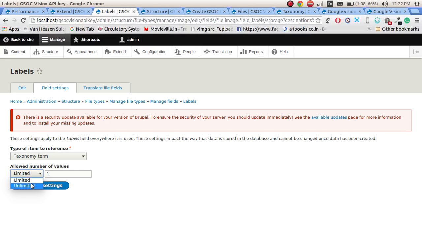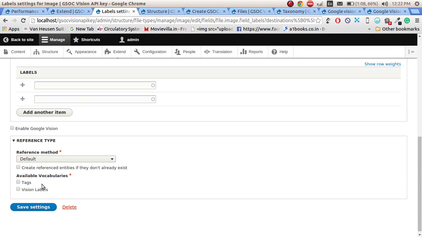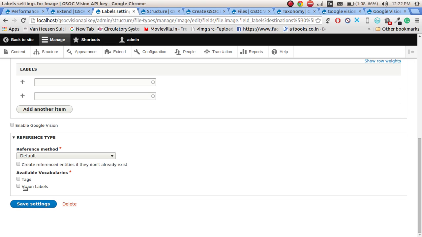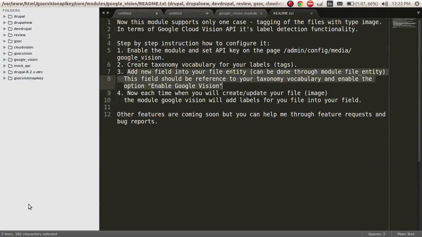This should have unlimited values, as our label detection feature would provide us with multiple values for a particular image. So scroll down, and here click on the dedicated vocabulary, enable Google Vision and create referenced entities. Click on save settings. This being done, now let's see what it does. Now each time you create or update a file, the Google Vision module will add labels to your